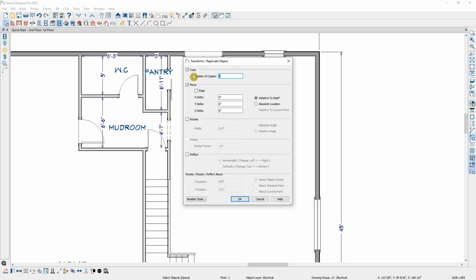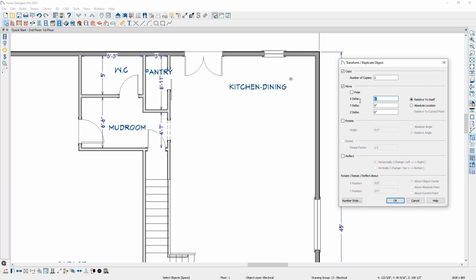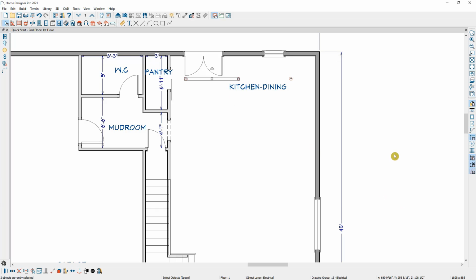So I'm going to tell the program I want to place 2 more copies, and I'm going to space them 84 inches apart from each other, and a negative 84 inches apart from each other in our X delta. So I'm going to click on OK to place them. The program's going to automatically add those 2 more additional lights 84 inches from each other,